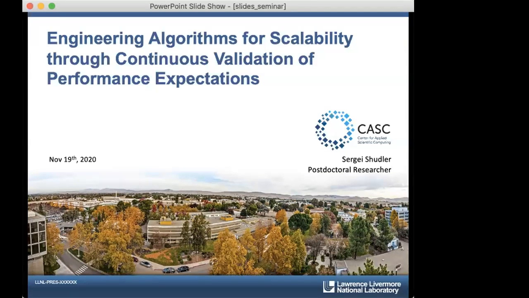This work I did when I was a PhD student, with colleagues from your lab, with Torsten and Alexandru. The work focuses on how we can use performance modeling